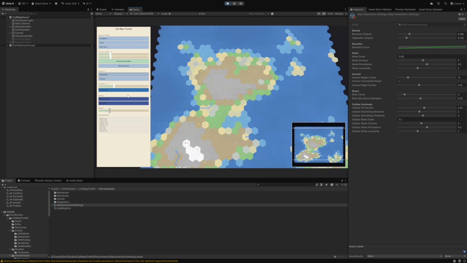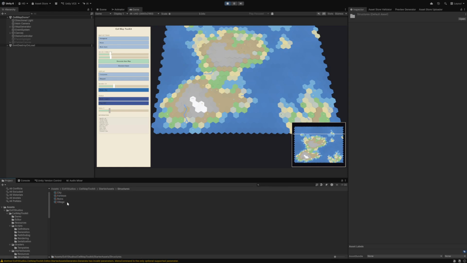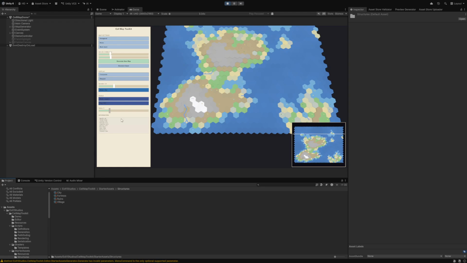You can have here, because if you go to here, this would be structures. So we have cities, fortress, ruins, and village. These are all the structure options that come pre-built. And if you want to create another one, you could just go right-click in your project,